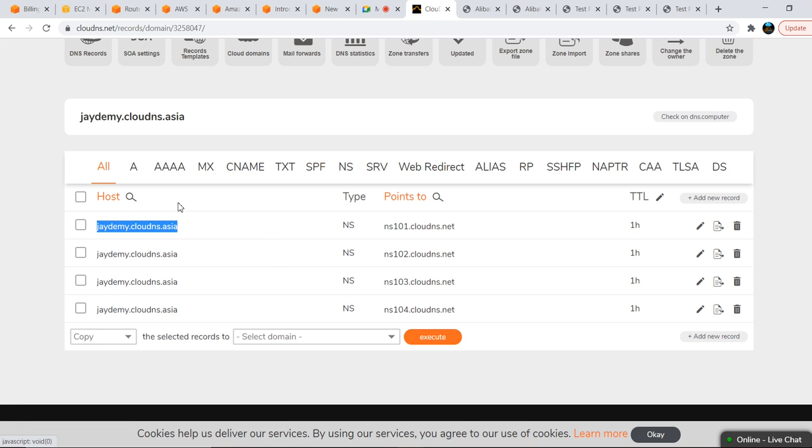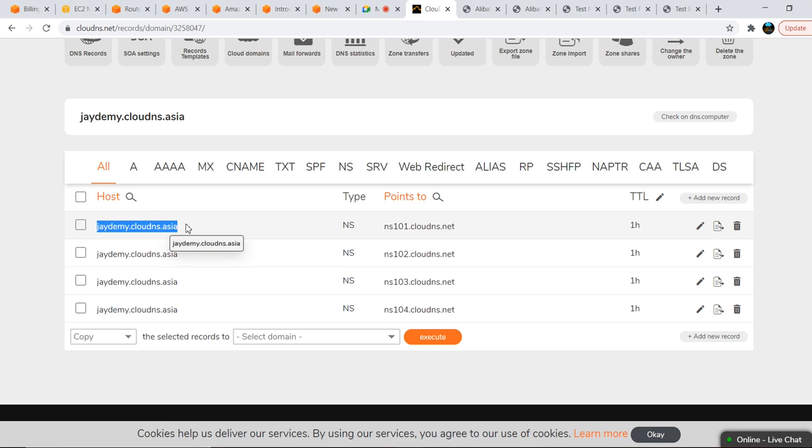If you want to create custom domains, you can use Route 53, or some open source ones like Cloud DNS or other DNS providers. You can purchase one domain for your website. Same way I have purchased one, jdomain.clouddns.asia. This is my website, created from a third party.